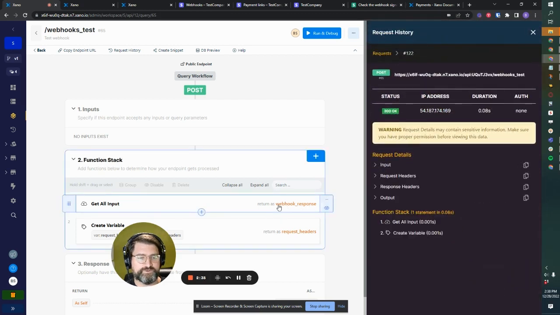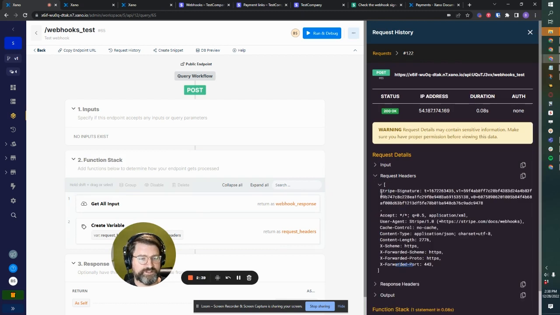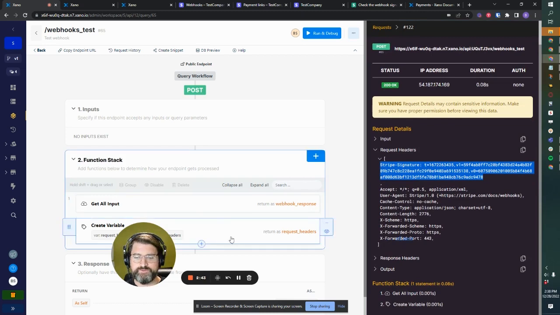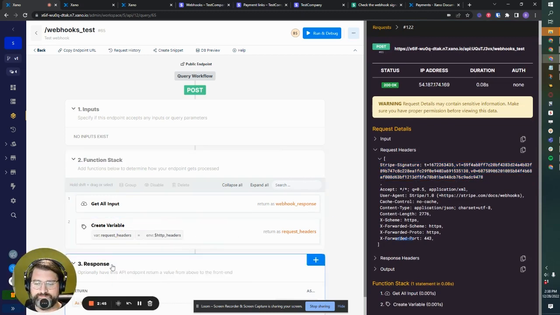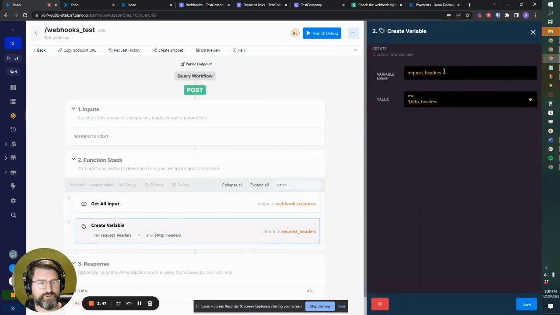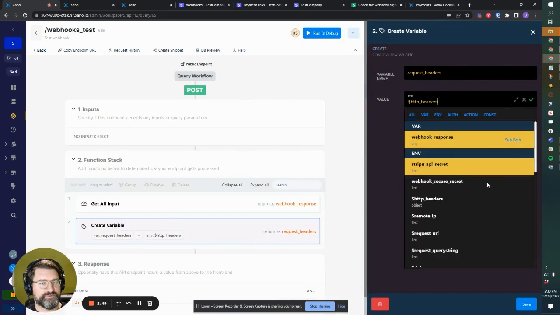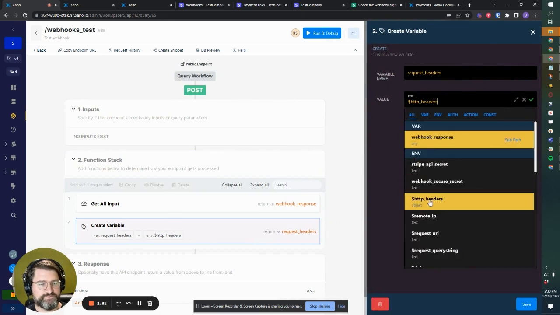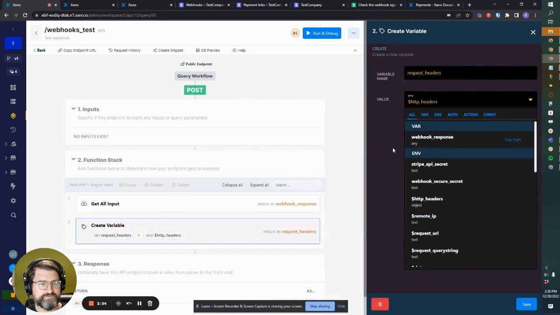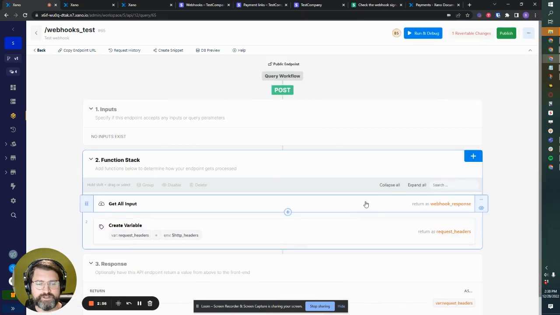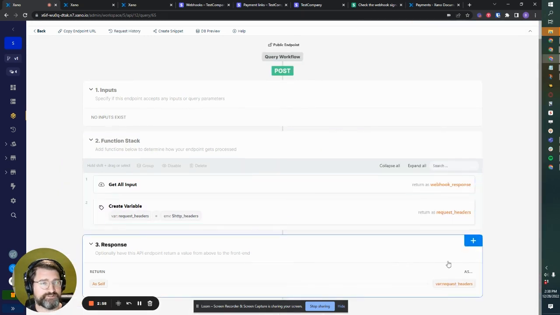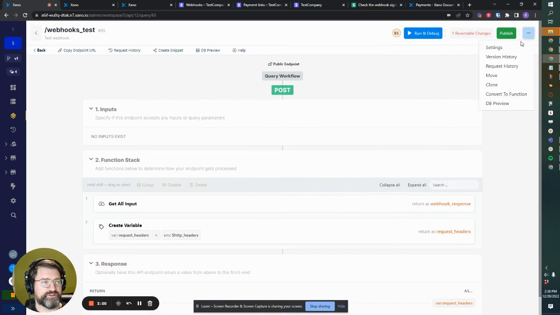That's the webhook response, get all input. But what we're looking for actually is the header. That's where the Stripe signature is. And what we've done here is created a variable called request headers that pulls out an environment variable, HTTP headers here. And that's how we're going to get that header and return it as a response, which we can also see